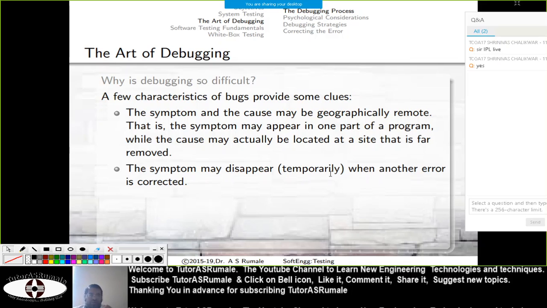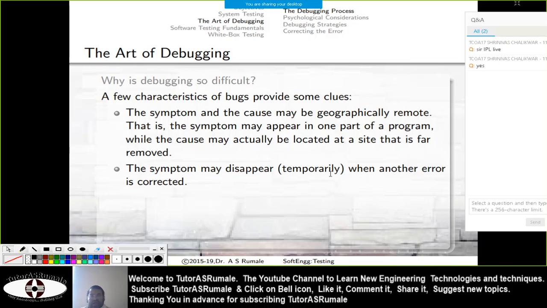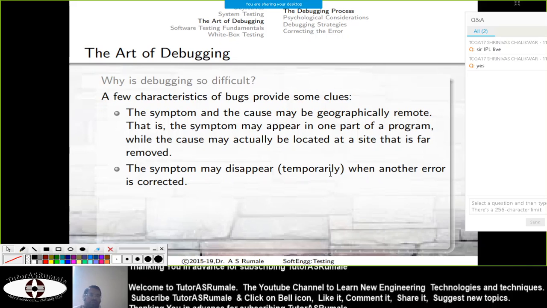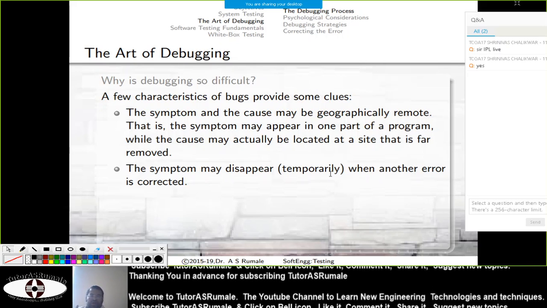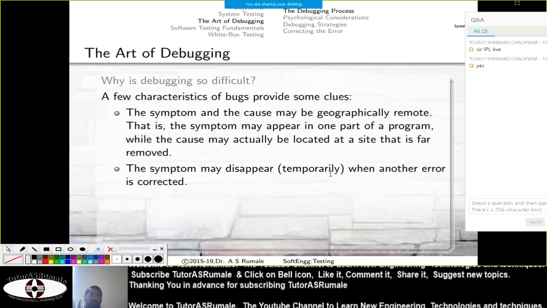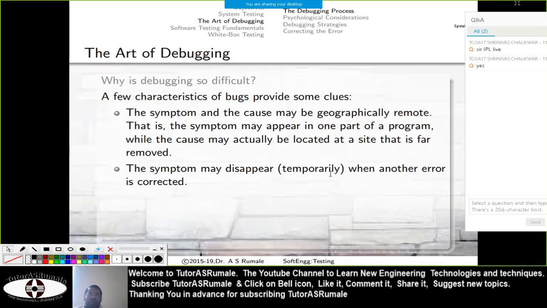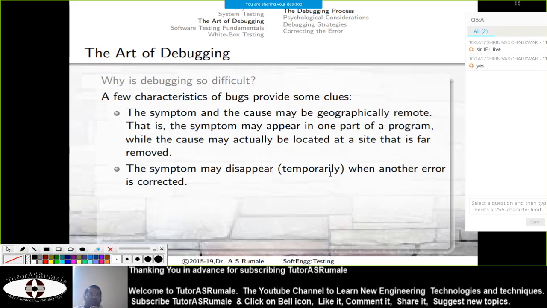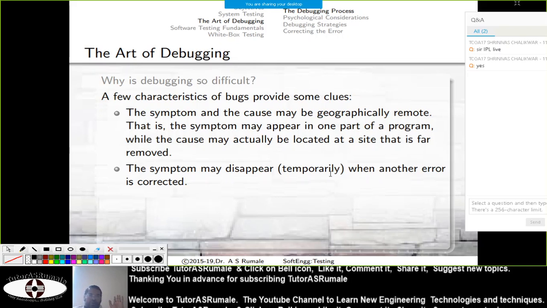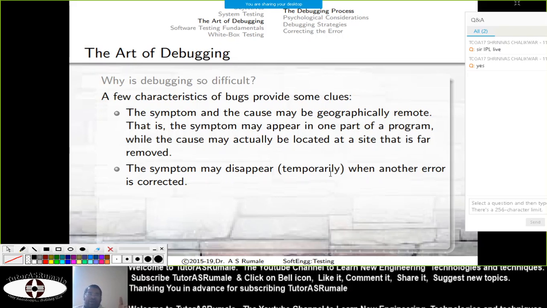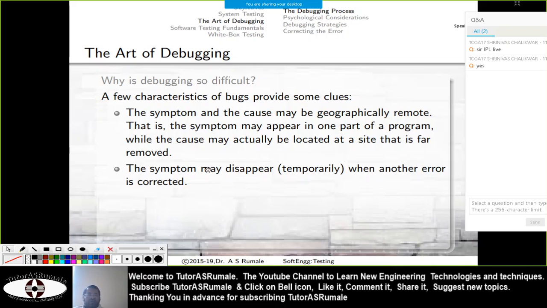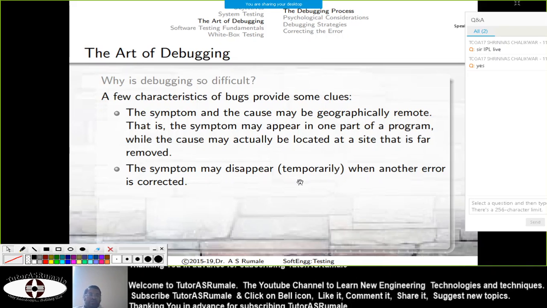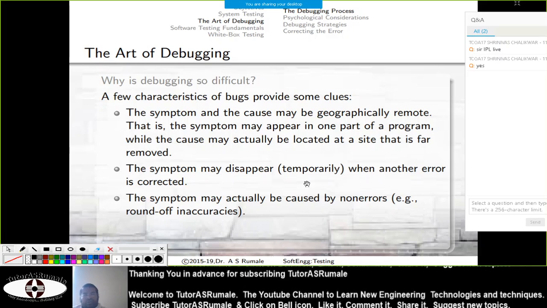For example, right now in this session itself, when I started the session, for the first 5 to 6 minutes this Webex and all these software simply stopped working, and then automatically they started working properly. So what exactly happened, I never came to know. So the symptom appears and disappears. So there is something there.